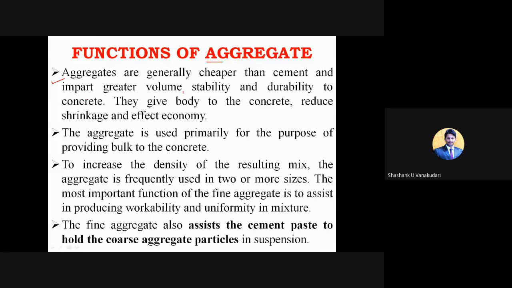The aggregates we'll be using in the concrete are cheaply available, in the sense that whatever the source of extraction is, they are available easily, right? You have seen so many quarries, right? In a quarry you can extract the aggregates as per your required sizes, or else you can take the hard rock or raw material and crush it to the required size as well as shape, correct? That is the major percentage or major volume consumed by these aggregates.